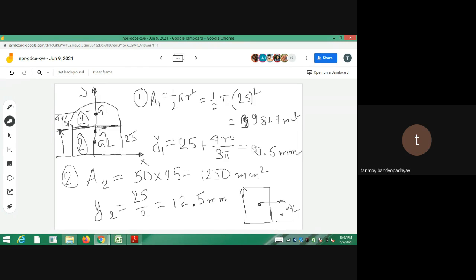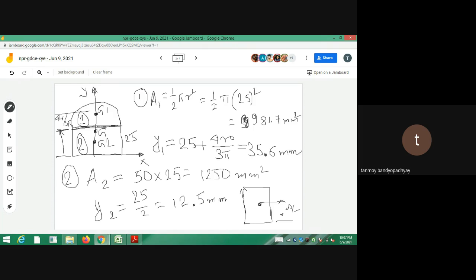35.6. So this is the first step whenever you are encountering a composite shape. For any composite shape, you first have to consider one axis, one base. Either you can put the bottom part as the base, or you can put the top part as the base, wherever you do it. But whatever is your reference axis, this one is my reference axis now. This x and y is my reference axis. This is not a centroidal axis. Based on this reference axis, I have to calculate the final y.